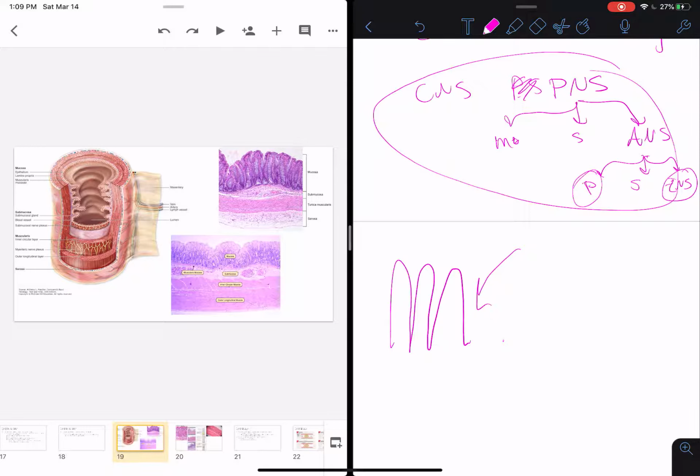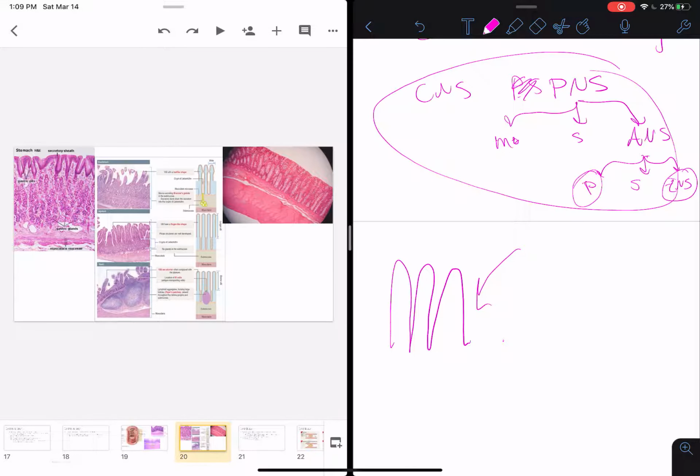We don't really have a nice thick differentiation between the circular layer and the longitudinal muscle layer, so there's not a lot of movement really happening in this area as much as other layers, and we have a much thicker serosal layer than we do in the bottom layer, so maybe this is a little bit more small intestine, not necessarily large intestine. Now in this picture, in the following slide, on the left, we can see that it's labeled